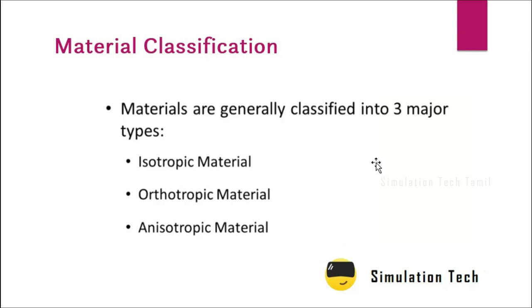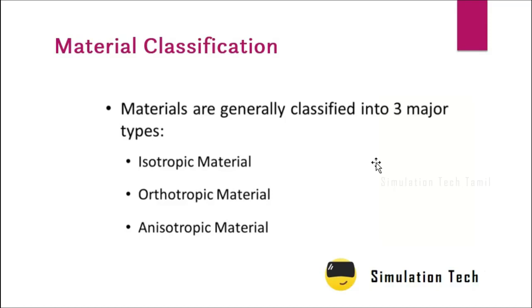Apart from that, what is the importance of this classification in ANSYS? We have a separate session, a separate video, for engineering data. You are already aware of what engineering data is. Engineering data is a component to which we assign all the necessary data for our problems, like Poisson's ratio and Young's modulus, the data related to materials.